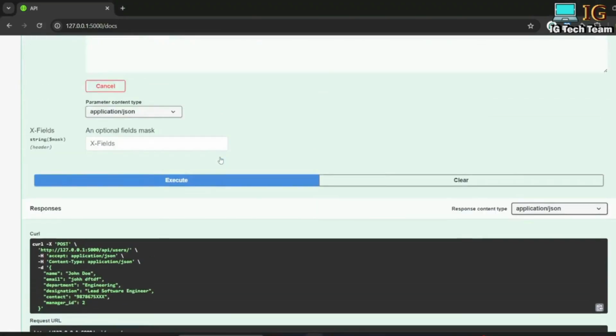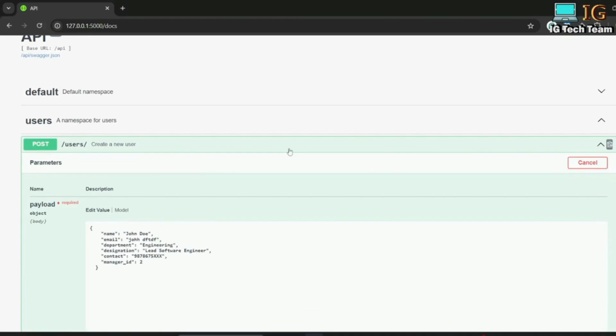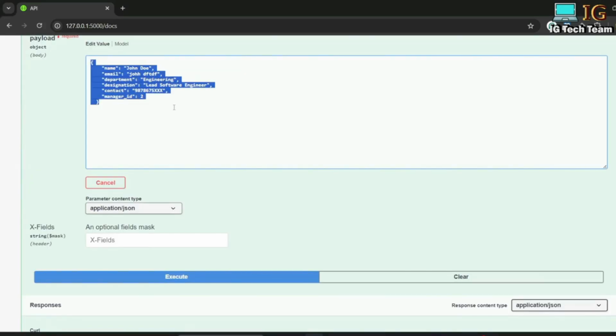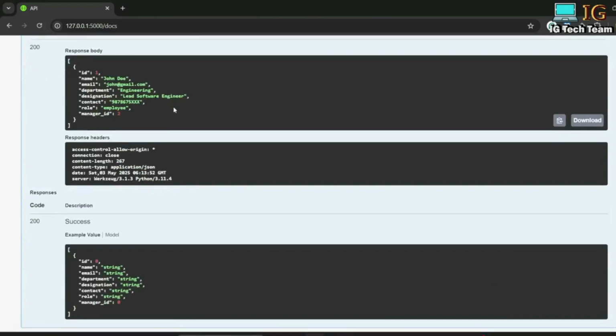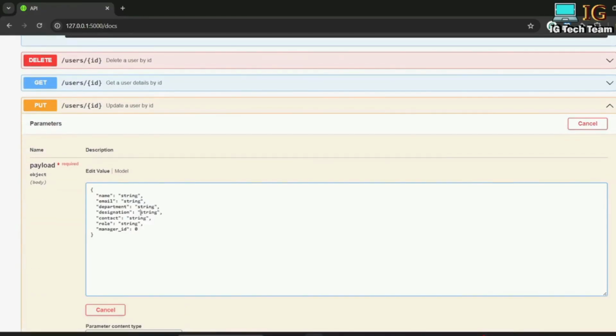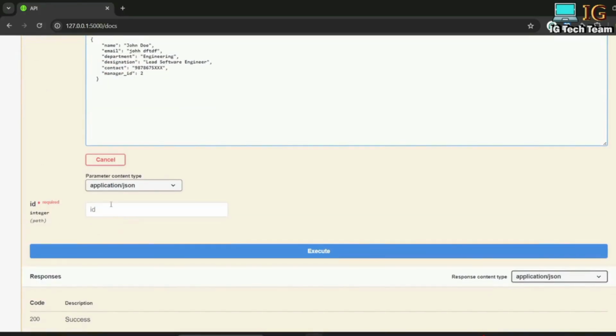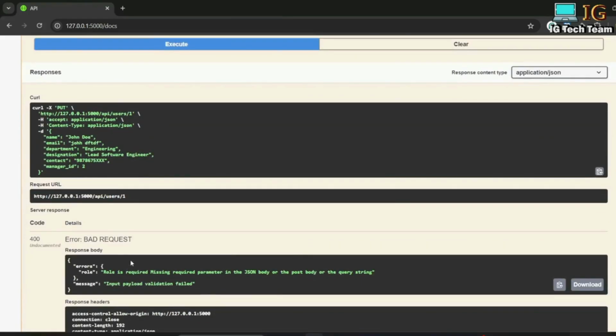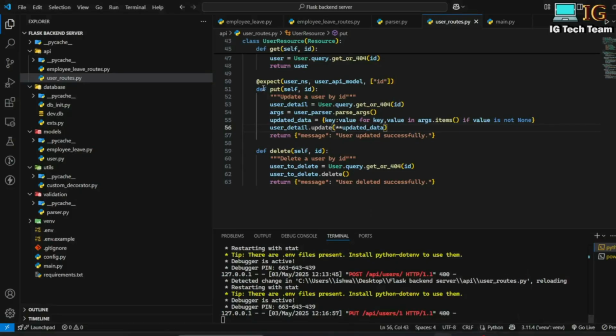Now if I go to my API document, let me copy this in my PUT request, try it out, and again the role field is missing here. For user ID 1, if I execute this, I will get the proper error message. In the same way, for employee leave routes,